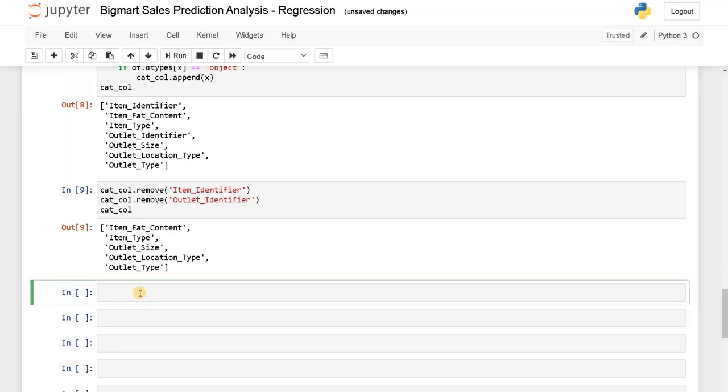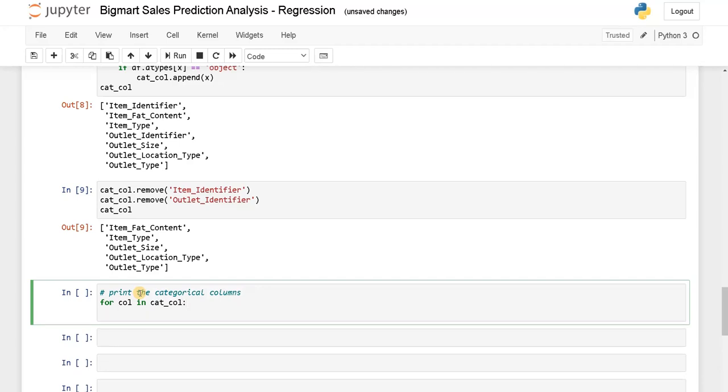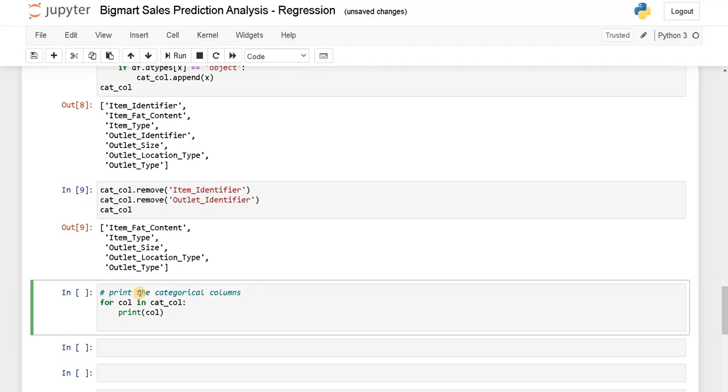Now let's print the contents in that. Print the categorical columns. For col in categorical columns, print that particular column. For that particular column, we need to know how many types we have.